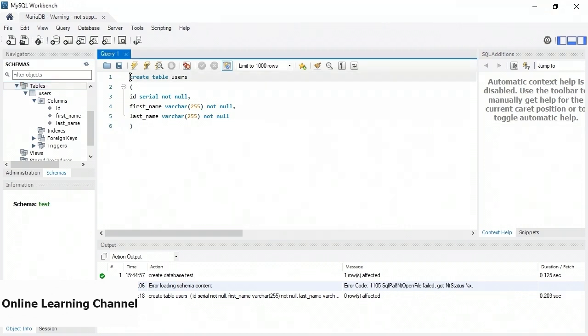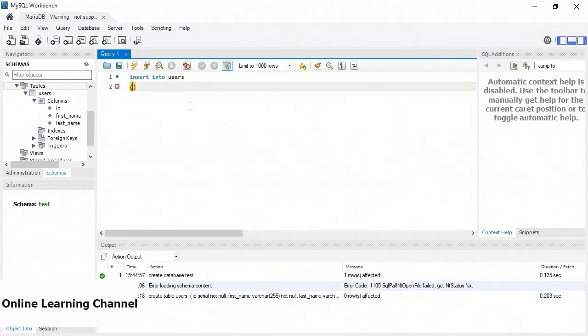All right, so my next step is to add data in this table. So I will insert into users. Now I need to specify the fields that I'm going to insert into. So I'm going to insert into first name and last name. Notice I don't have to say ID because ID is an automatic field. It's a serial type field, so it fills it in automatically. And then I use the keyword values. And then I can give the values for the different records. So maybe we have